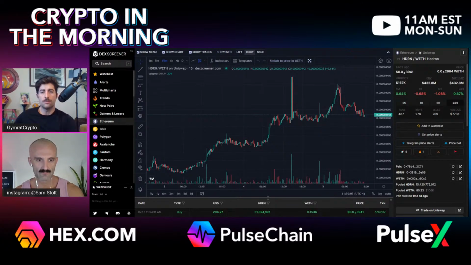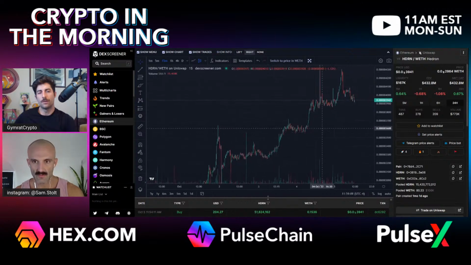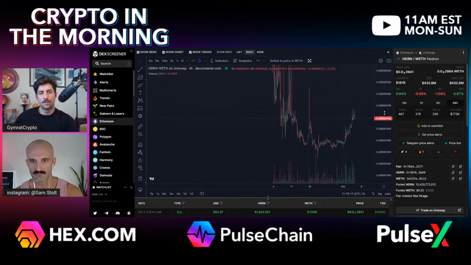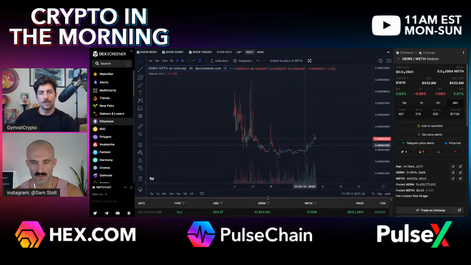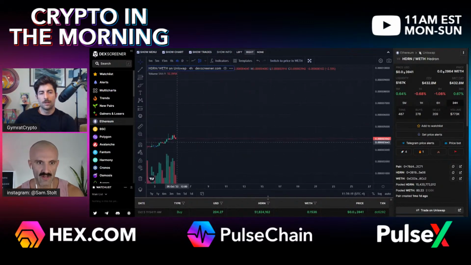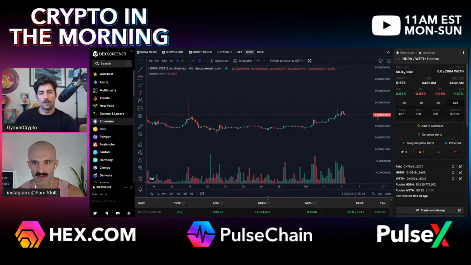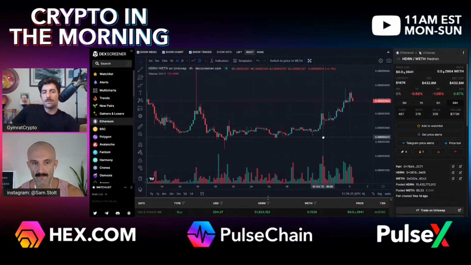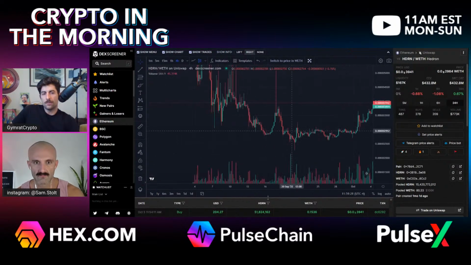So zoom out a little bit, or go to the 4-hour candle. The 4-hour top left, and then zoom down. Yeah. So what are we looking at here? Hedron WETH. Yes, this is Hedron WETH on V3. And go back to the last resistance points. So scroll back a little bit. Let's zoom out a little bit.